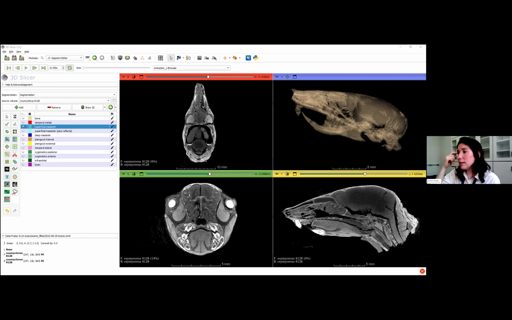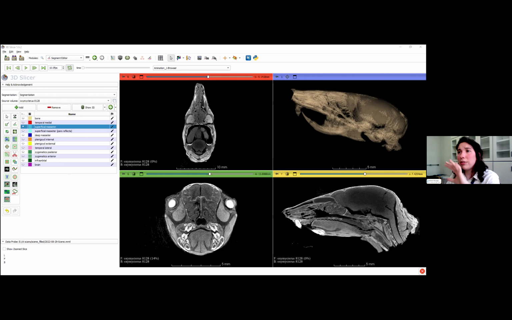So for the ones who are viewing the lecture and are not so familiar with the terms, what I call the segmentation process is basically choosing or targeting one morphological structure, painting it over or highlighting it in the software, for the software to understand the structure that you want to see. So it can be very manual. It depends on the condition of the scan, the quality of the images, but 3D Slicer has all these tools